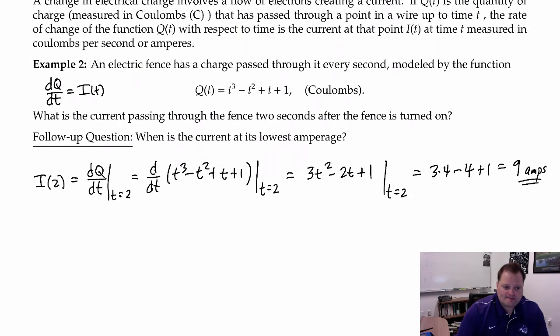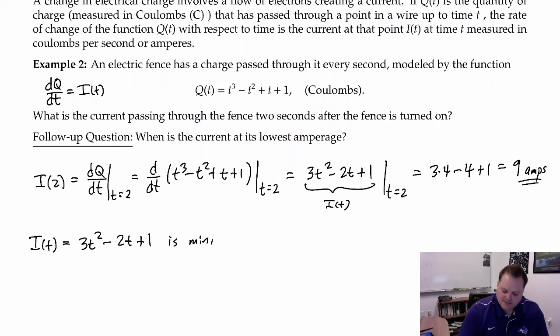Okay, moving on to the follow-up question. When is this current at its lowest amperage? So our current function, we calculated right here. This was the current, because we took the derivative. So if this is our current function, this function I of t is minimized, or minimal, when